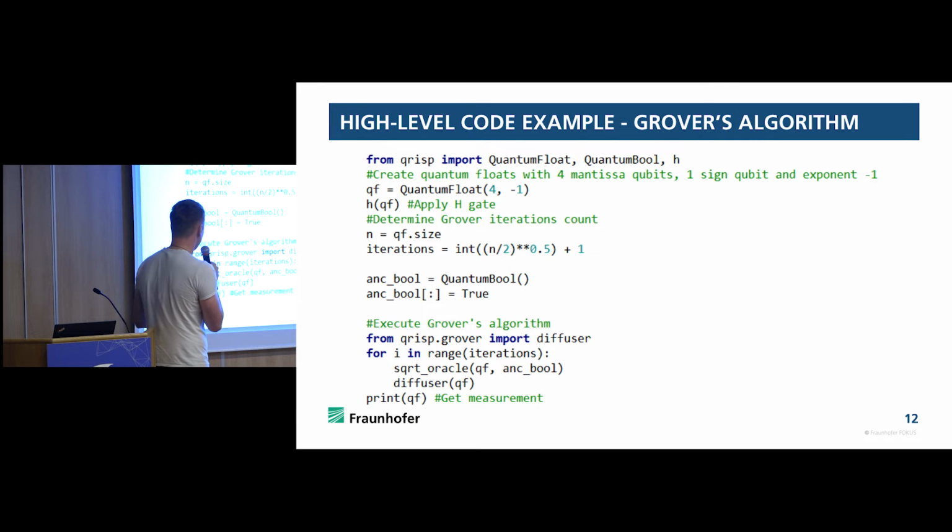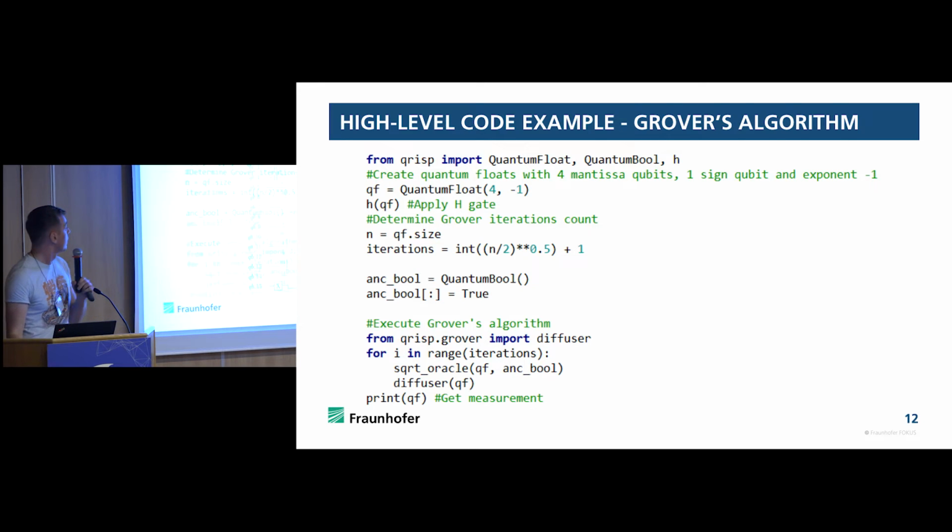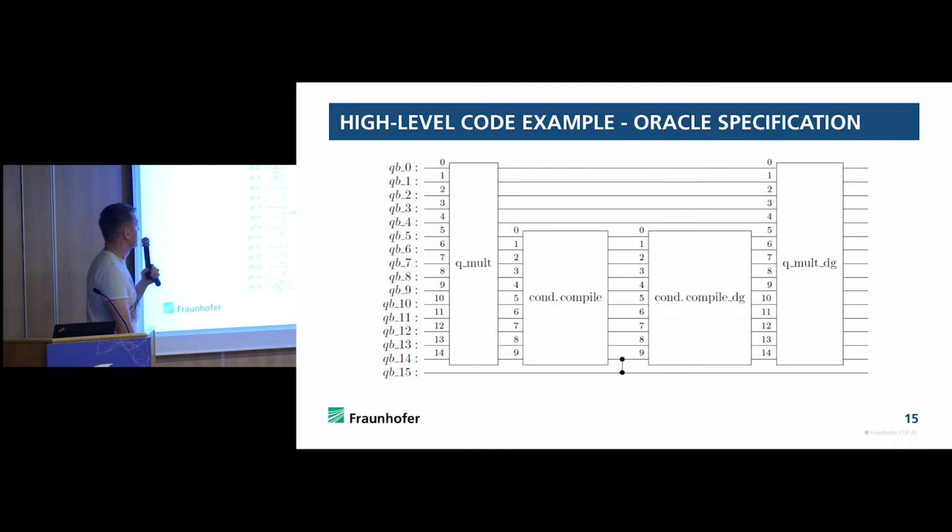And finally, we will retrieve a measurement using the print function. This is obviously not the only way to retrieve a measurement. There's a specified method for this, but let's forget about this. Okay, so some of you might be wondering, what happens in this square root oracle function? I will get to this in a second, but first I will show you that this is compiled